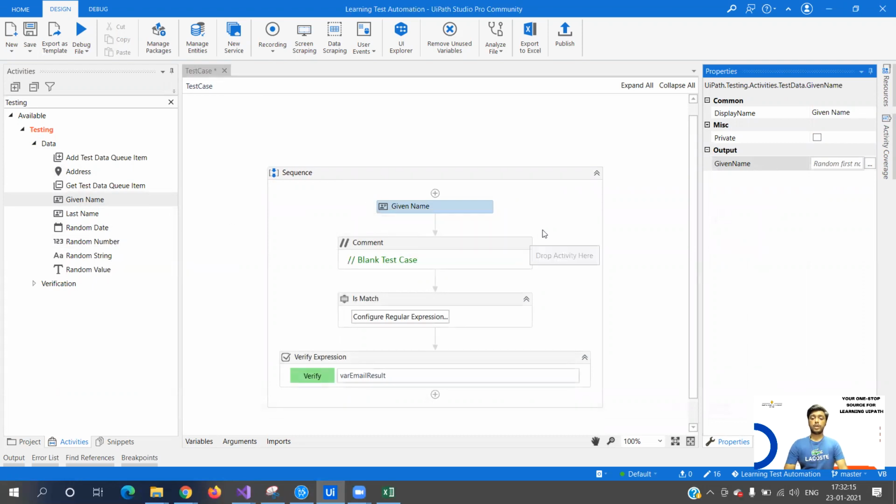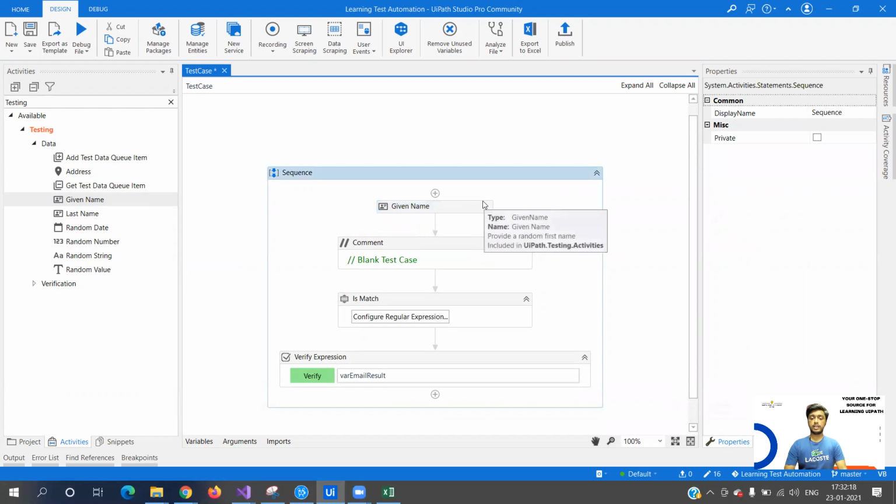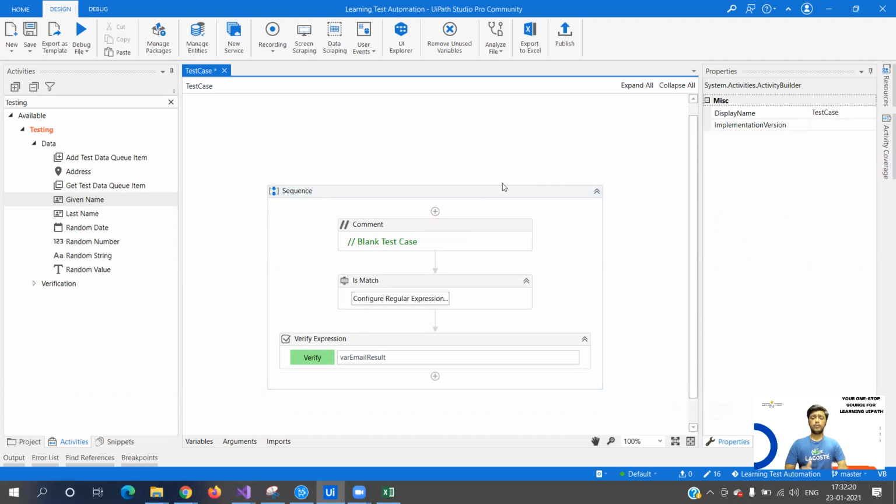Many times, while testing our normal workflows that we build during development, we used to use assign activities and create test variables to do the testing. But now, if you see, all the main test data that we need is available: name, date, number, random string, random value. Everything is available in the UiPath testing activities. I think this is a wonderful feature provided in UiPath testing, and you can utilize it to test